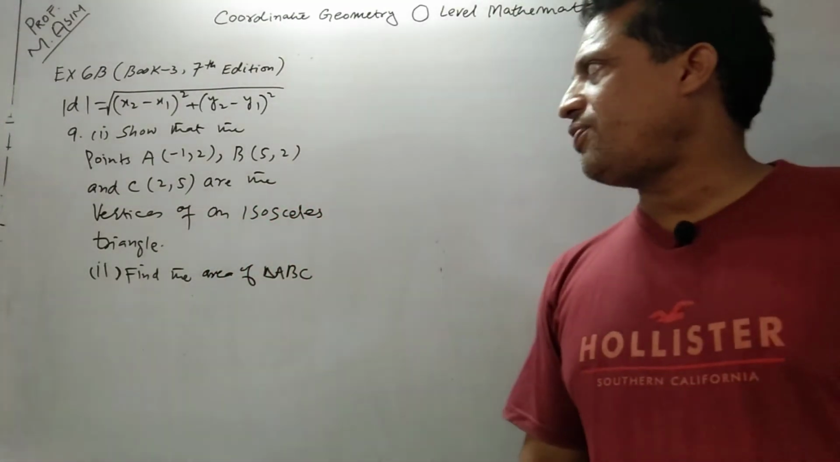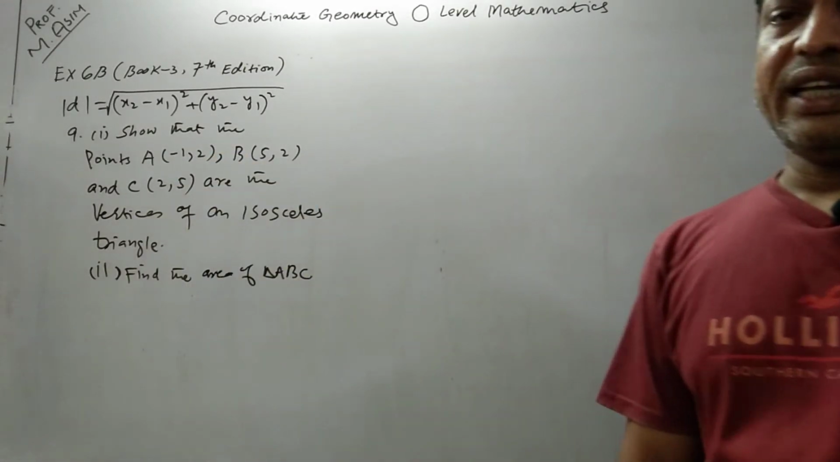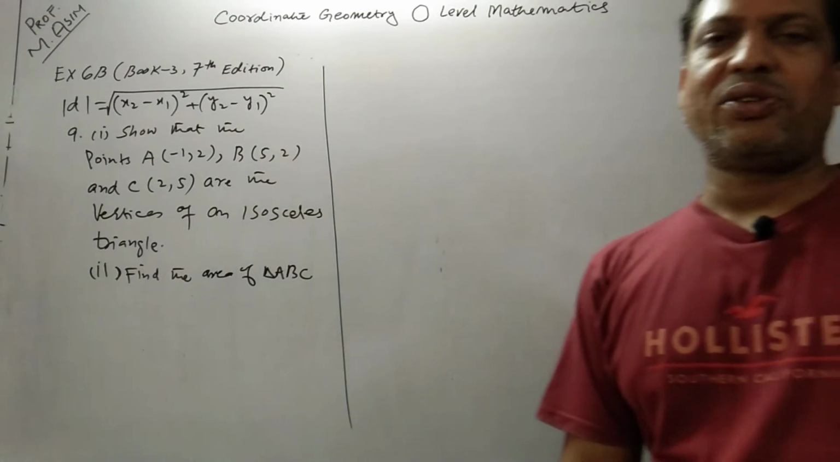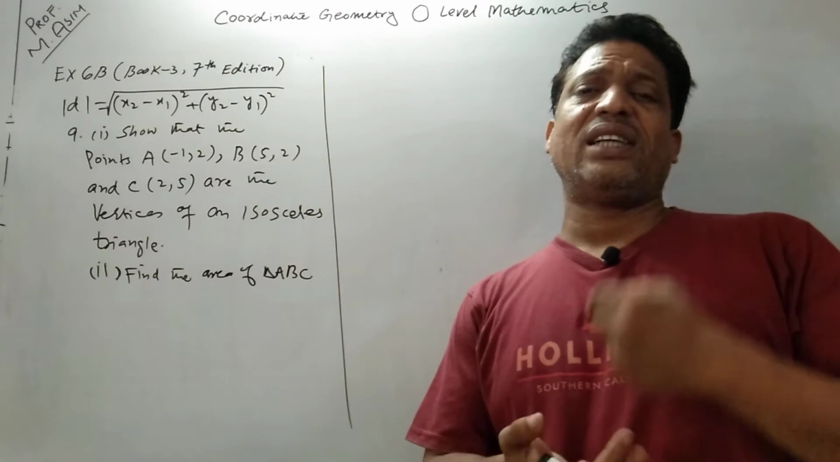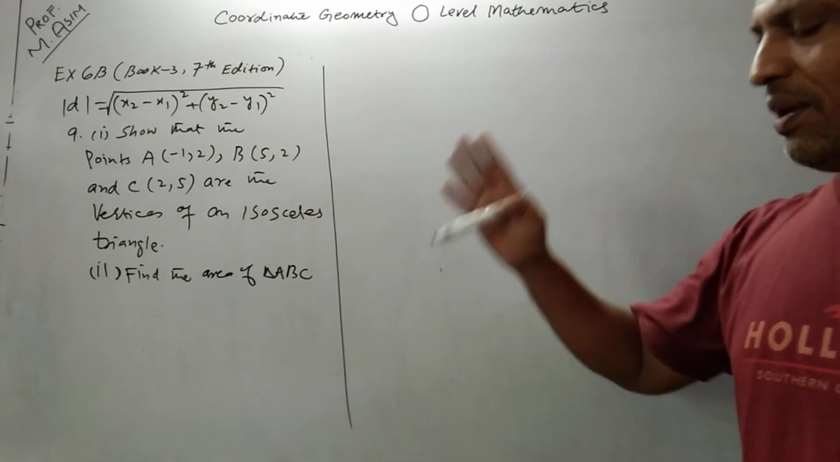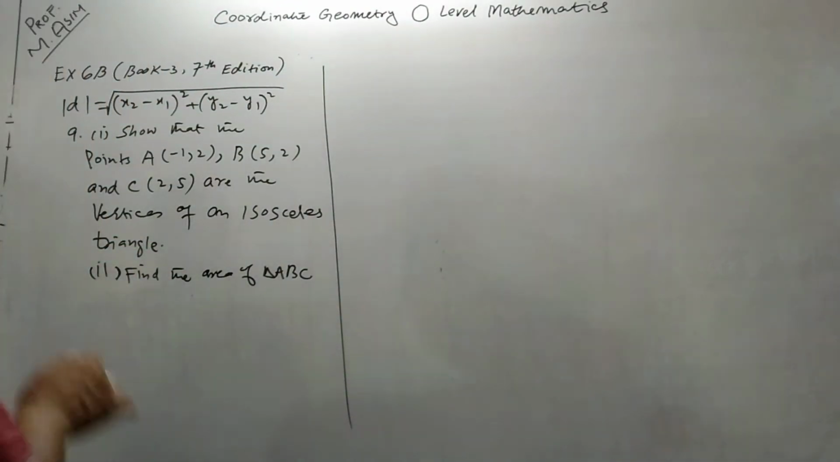Requirement number 1 is we have to show that ABC are the vertices of an isosceles triangle. What is an isosceles triangle? An isosceles triangle is a triangle in which two sides are equal. It means if we find the distance of AB, BC and AC, two distances should be the same. So the solution is,